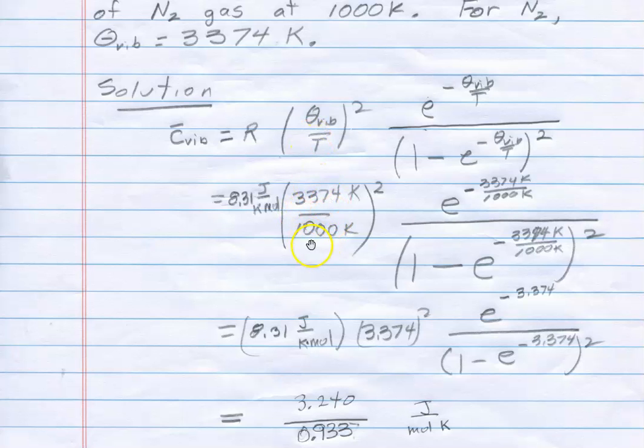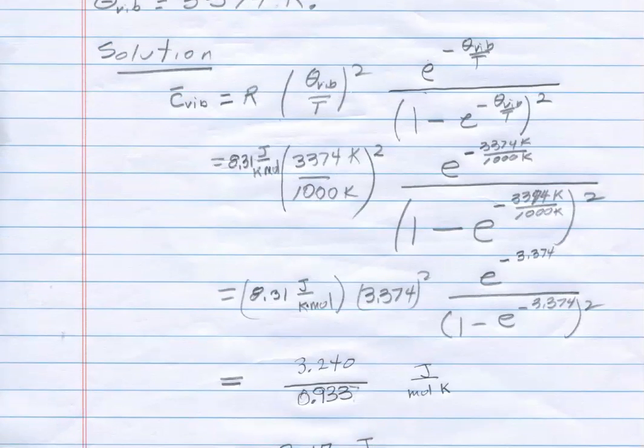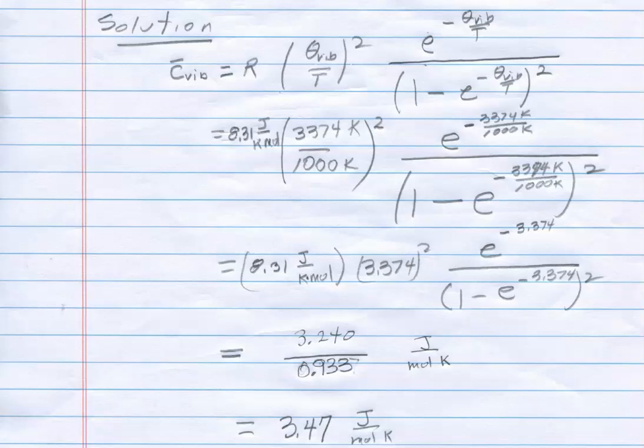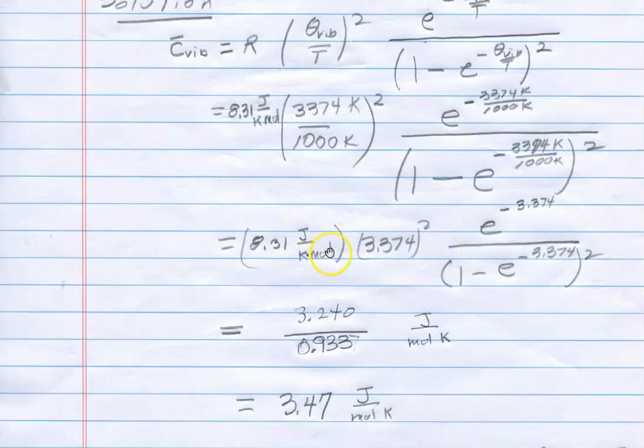The temperature is 1,000, so that ratio theta vibration over temperature is the same in all of these. And then, of course, the ideal gas constant. I used 8.31 joules per mole Kelvin. You may have used calories here, but I generally stick with the metric in most situations. The computation then boils down to this, and when I did it, I got